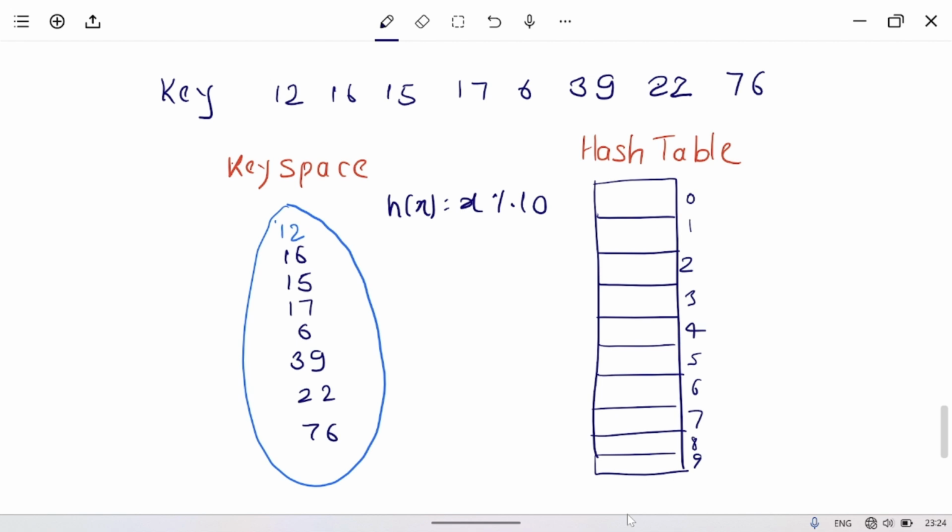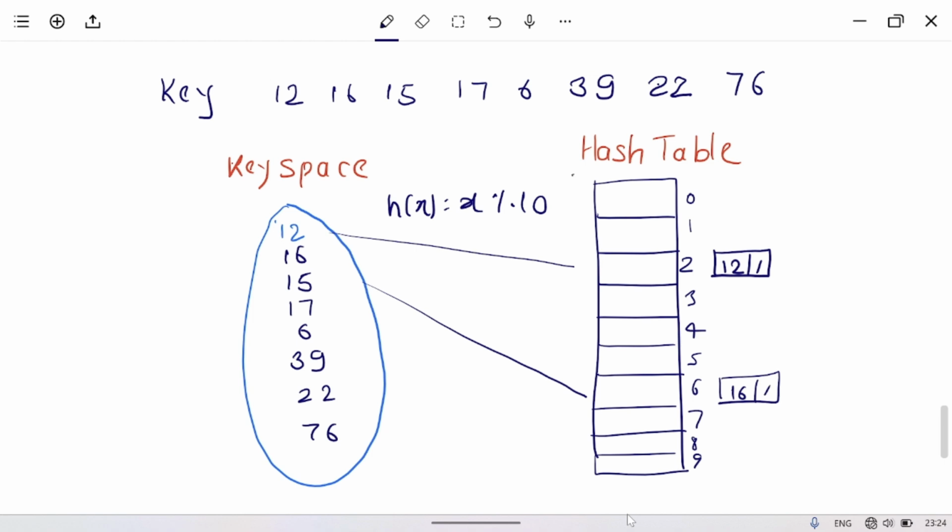First we will map 12 here. So here one node will be created. A node will be created in the same way as in a linked list. Then next will point to null. Then again 16 will come here, and a 16 node will be created in the linked list. This is an array of pointers to linked lists.